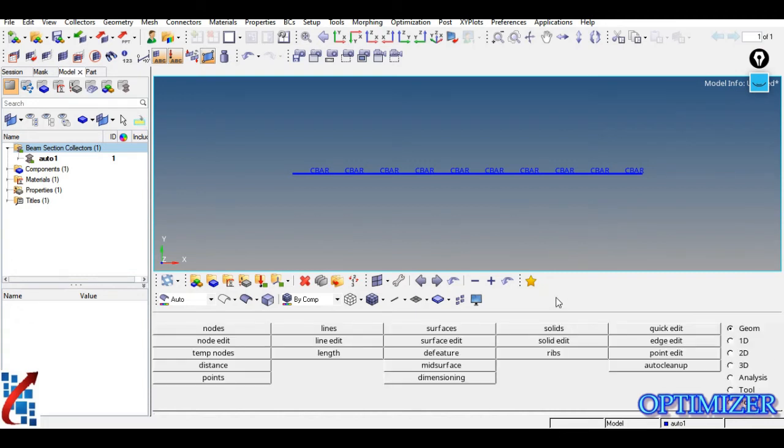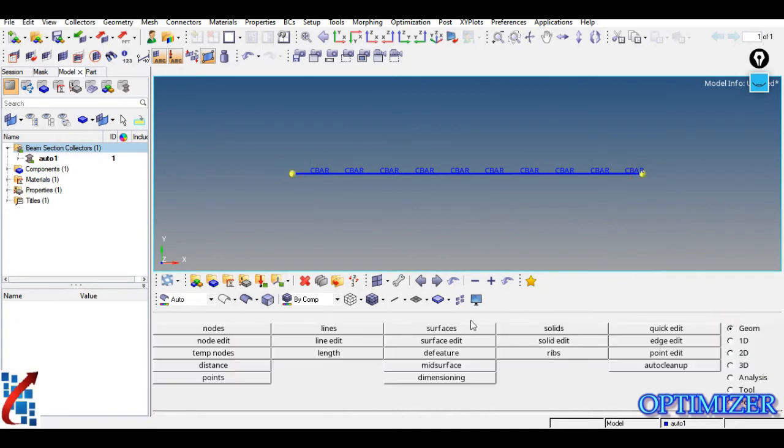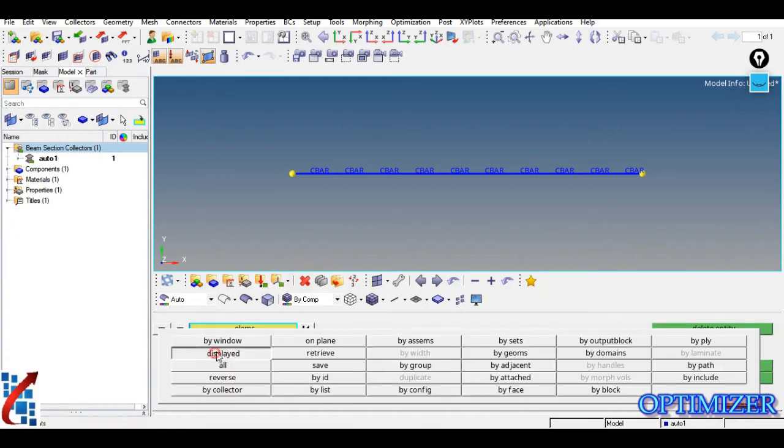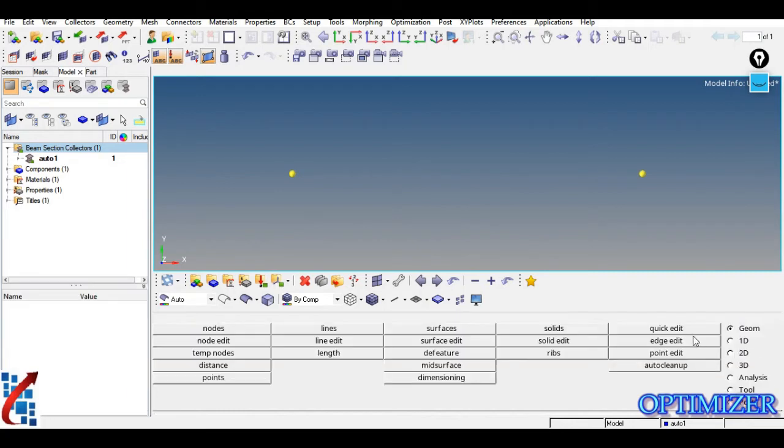Now we are going to see another, second method. For that, I am going to create two nodes as per the earlier requirement, and I am going to delete these elements now. Just go to delete, select displayed, and click on delete. So this is the earlier position.